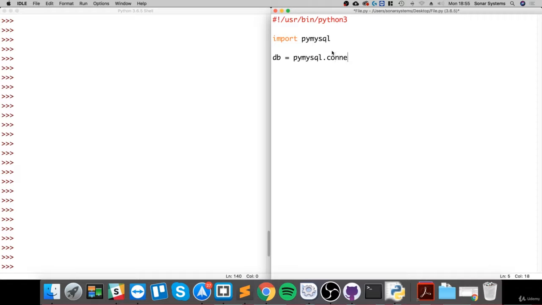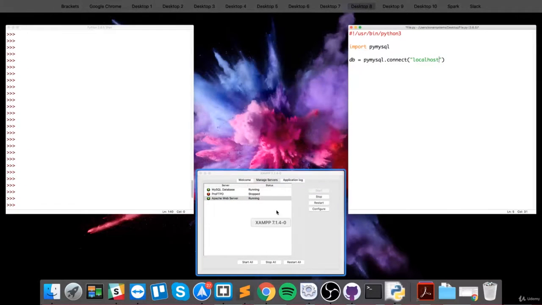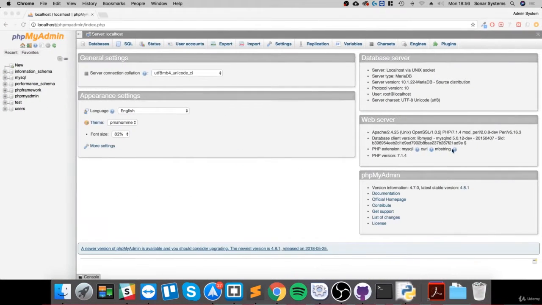So .connect, pretty simple. And this takes 4 parameters. First being the server name, next being the username, password, and the database, so the actual database you're connecting to. So the server name for my local server is just called localhost, so whatever your server is, make sure you put the correct server name there. And I'll show you, it says root at localhost. So localhost is the server name, root is the user,